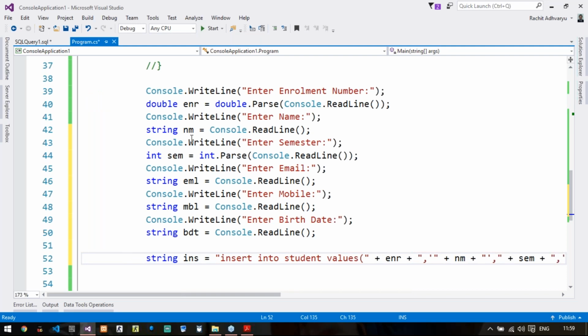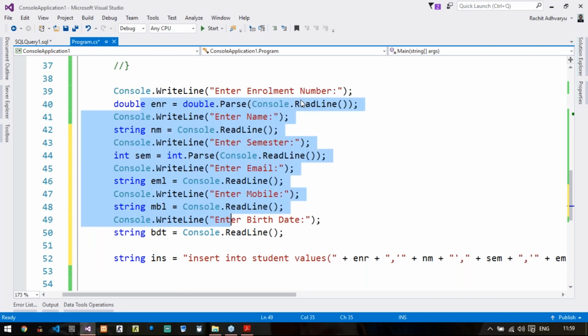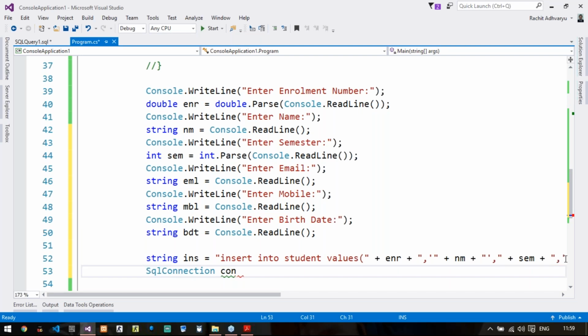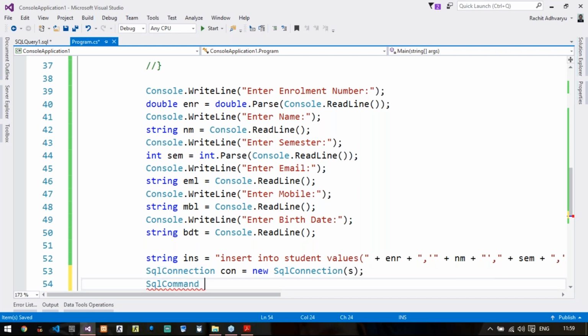This is important. The next task is to define the SQL command class, because for insert, update, and delete queries, you will always use the SQL command class. So SQL command cmd equals new SQL command, and in this you will pass 2 arguments. The first will be your query, and the second will be your connection, that is con.